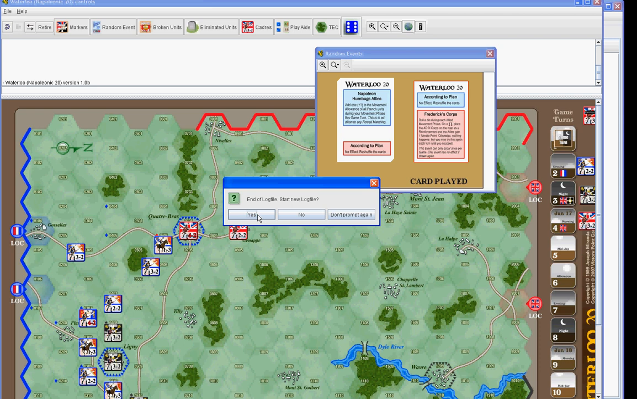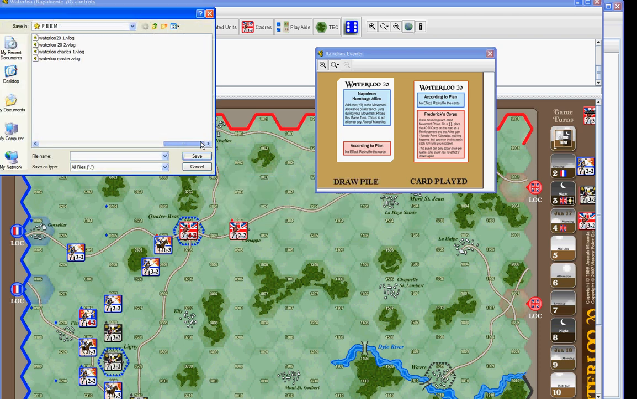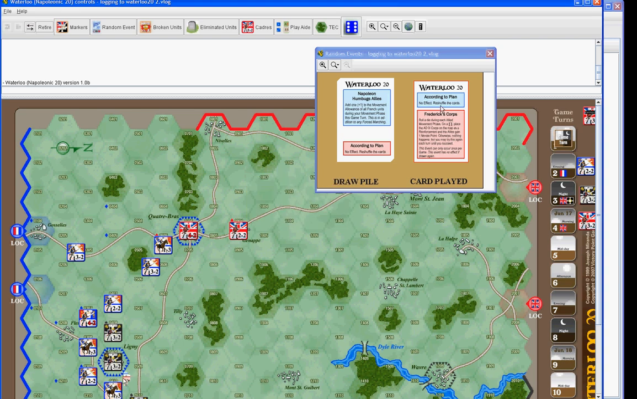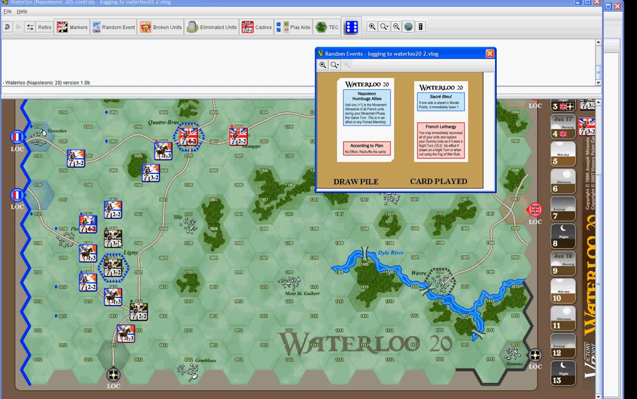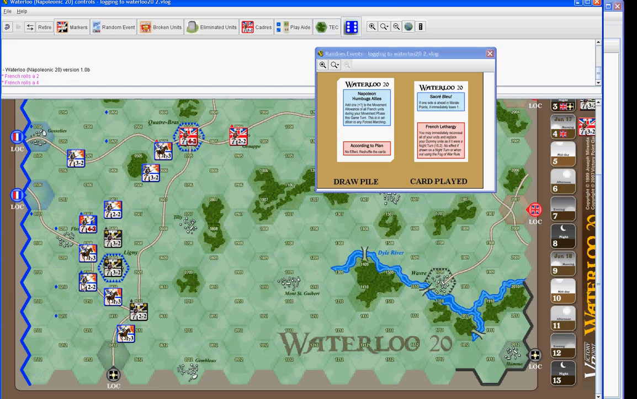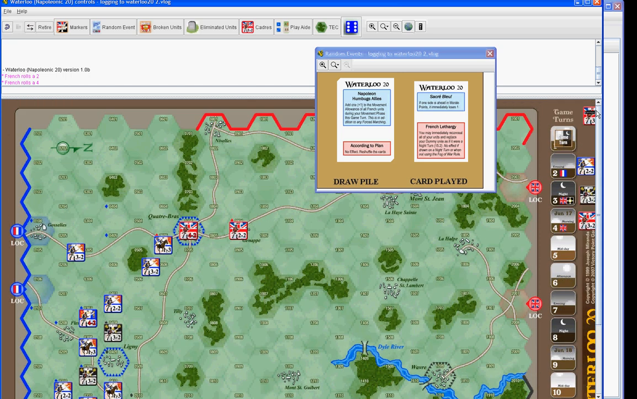turn. So you'll click yes to start a new log file, and this time you'll name it Waterloo 22. And then you can draw your card, and you could do your movement. So you could do your attack rolls, retreats for him. You could do your advance, all the things that you can do in your turn, etc. Advance the turn marker,